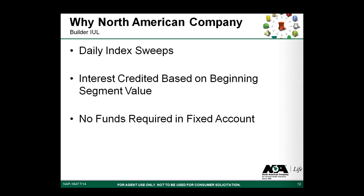With North American, they don't have to worry about those funds sitting in that minimum interest rate fixed account, because we're going to sweep on a daily basis as long as it's a trading day where things are open for business. Another thing to consider is the interest on a North American IUL is credited based on the beginning of the year segment values. And what that means is that we don't take out our costs of insurance charges or other expenses and then credit interest rate. We actually credit the interest rate at the beginning of the year values, and then we take out the expenses